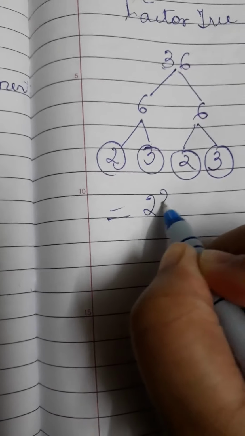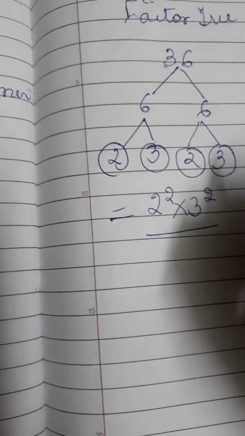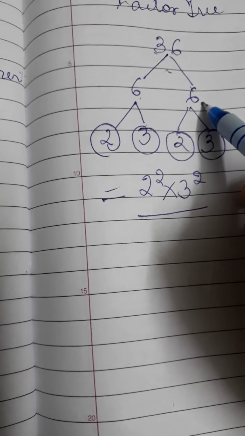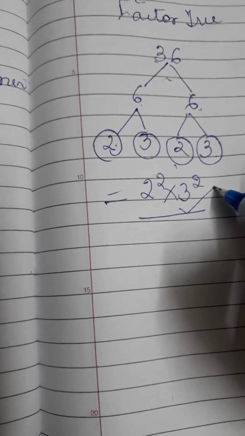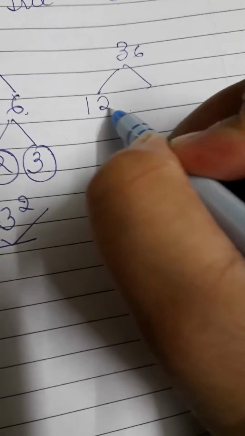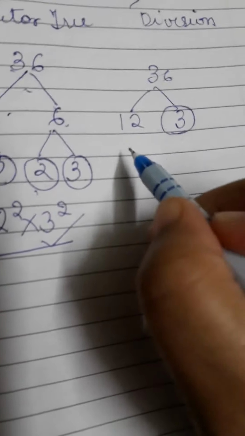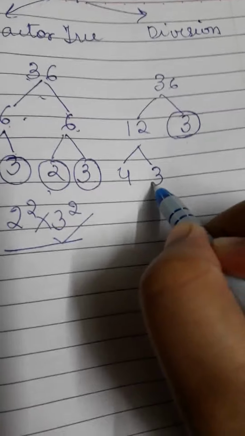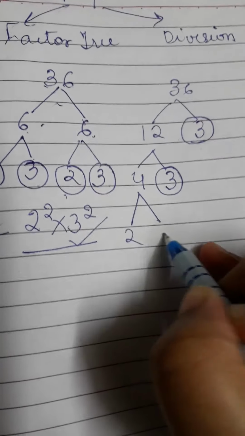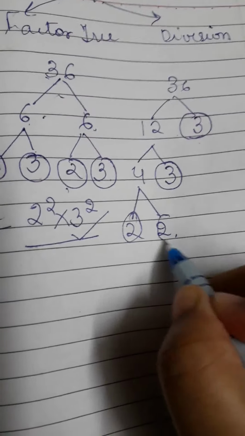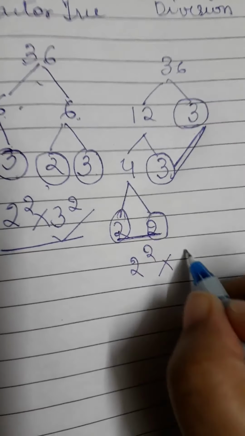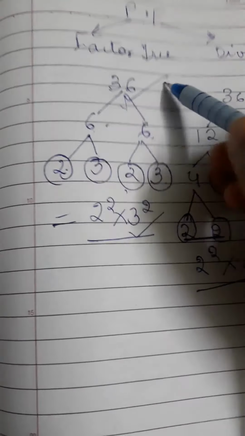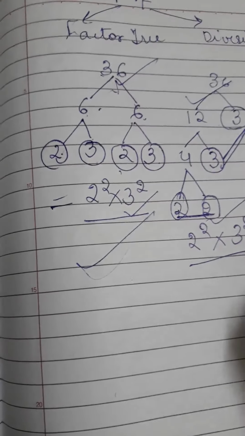So 36 can be written this way. When you represent it in this form, first you write 6 multiplied by 6, then you further factorize it into prime numbers. This is known as factor tree. Either you can even do it as 36 into 12 into 3. 3 is a prime number, no need to factorize it further. 12 is 4 3s, 3 is a prime number, no need to factorize. 4 is 2 into 2. So these are again prime numbers. So this can again be represented as 2 square and 3 square. Either do it this way or this way. Both are right. Fine, this is your factor